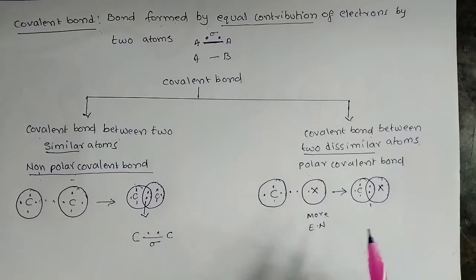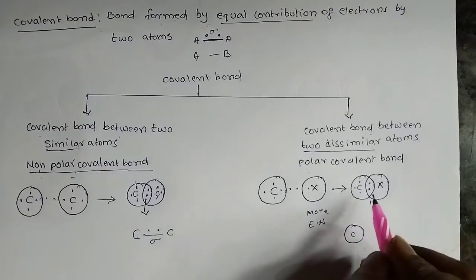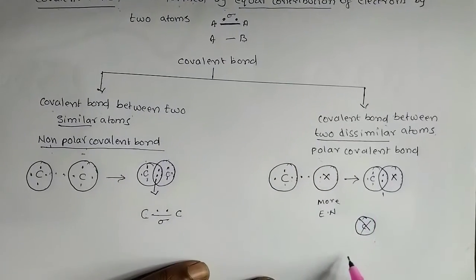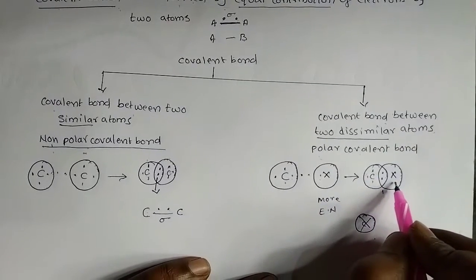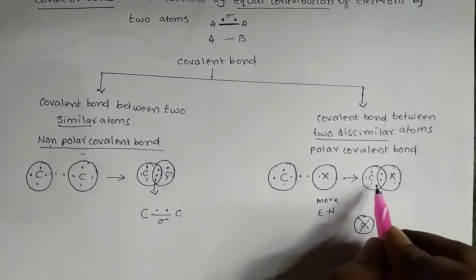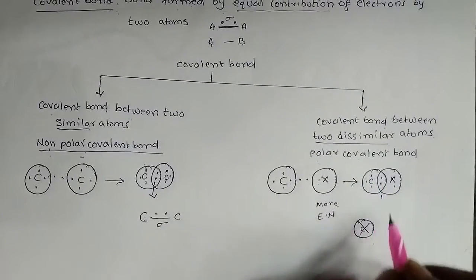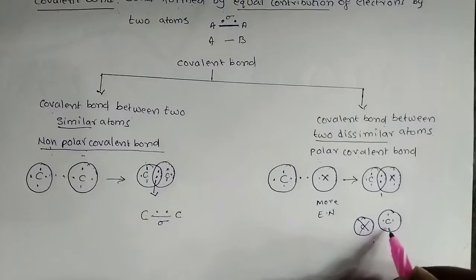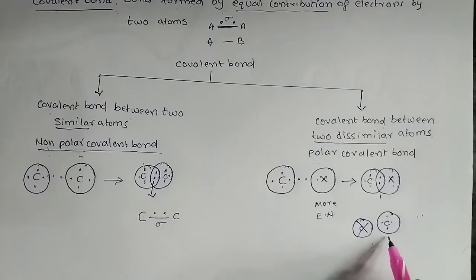Let us see how they face towards it. Let us imagine this is a carbon atom. The electron cloud inside a carbon atom is located like that. When an atom which has more electronegativity comes nearer to the carbon atom, here electron displacement takes place. Displacement means all the 4 electrons in the carbon atom, before attack by the more electronegative element, are present like that.